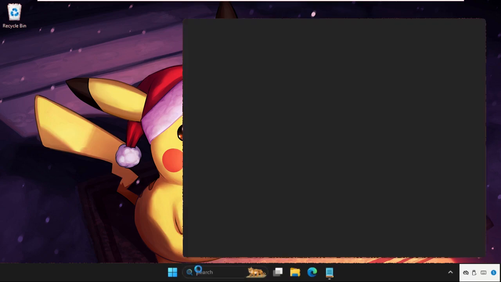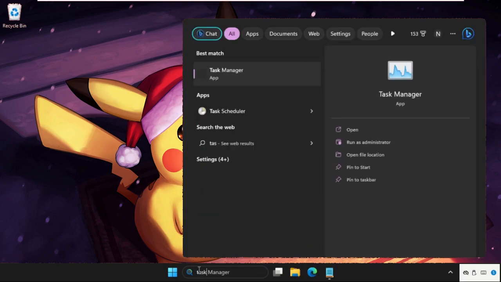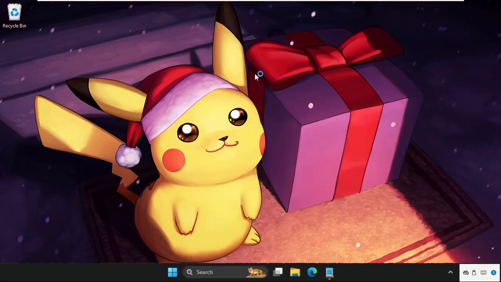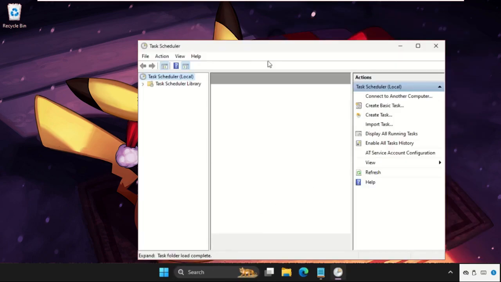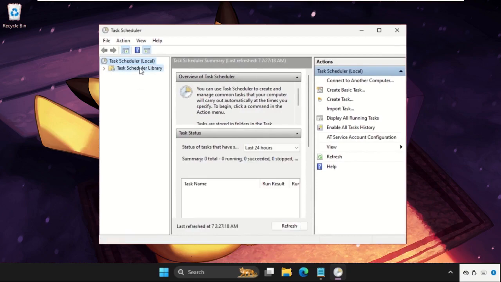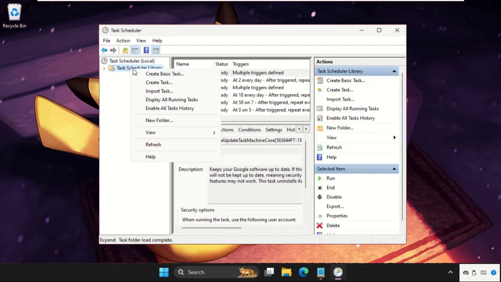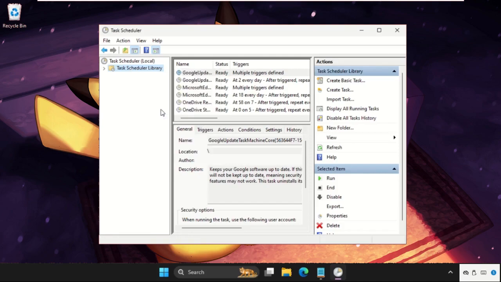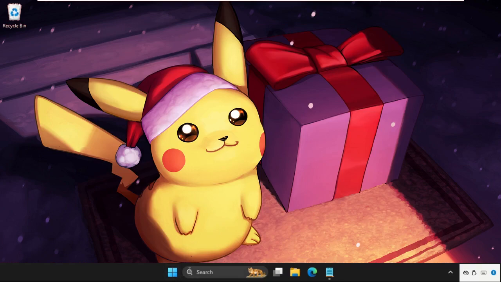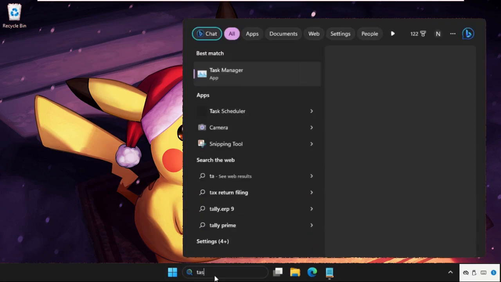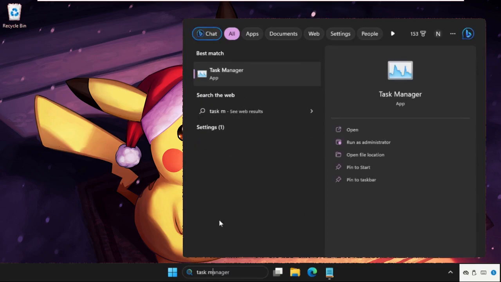In the first step, go to search bar and type task scheduler and then click here to open it. Now on this window, we need to simply right click on this task scheduler library, then click on enable all task history. Once done, close this window, then go to search bar, type task manager,